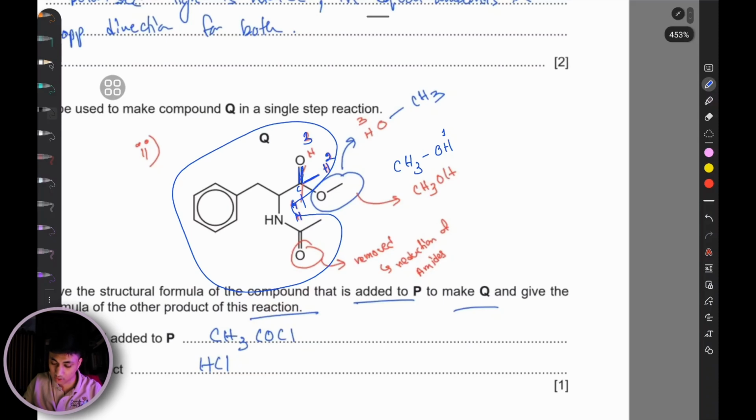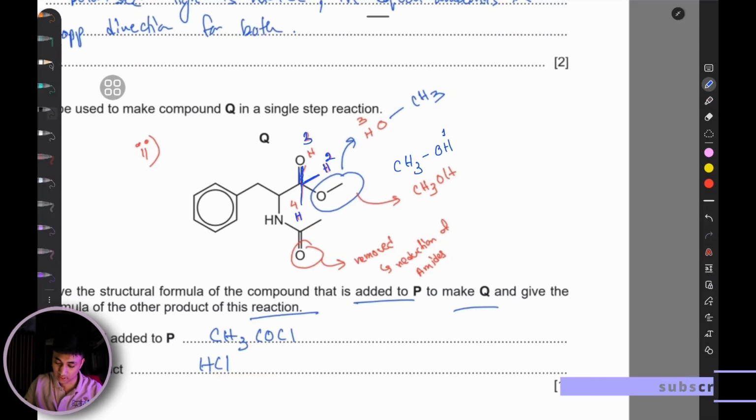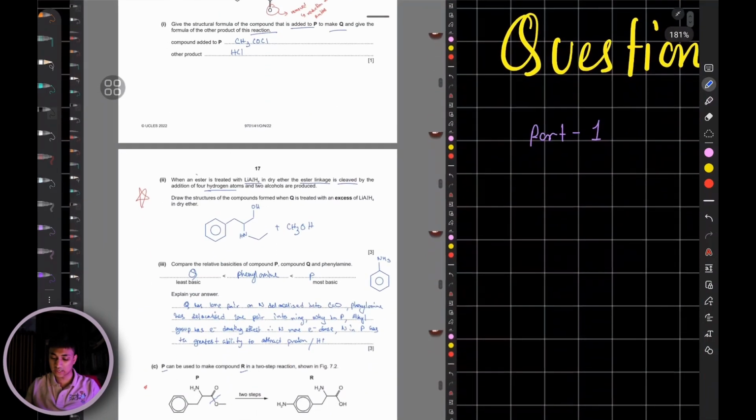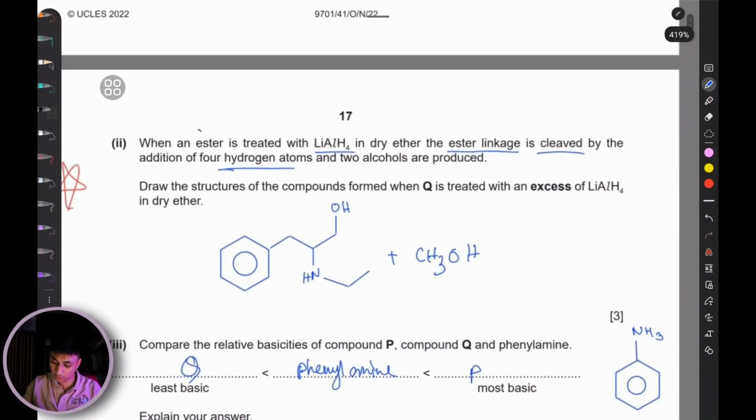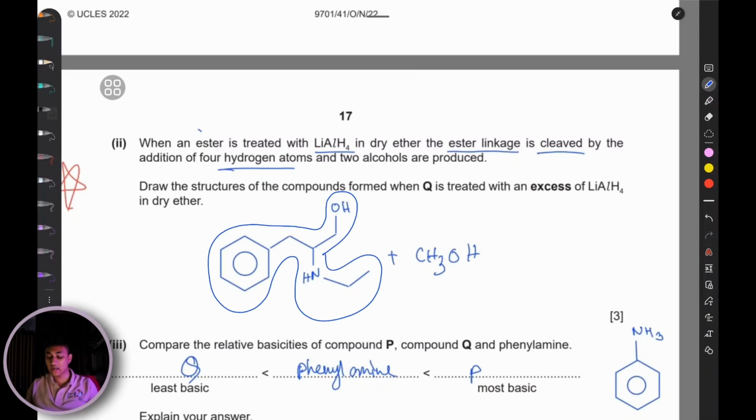So this is going to be a 1 degree alcohol, since one R group is attached to this carbon atom. Over here there is one hydrogen and an R group, and attached to the OH functional group. So that is a first degree alcohol. Anyways, we are going to draw this as our other alcohol in addition to our methanol that got cleaved